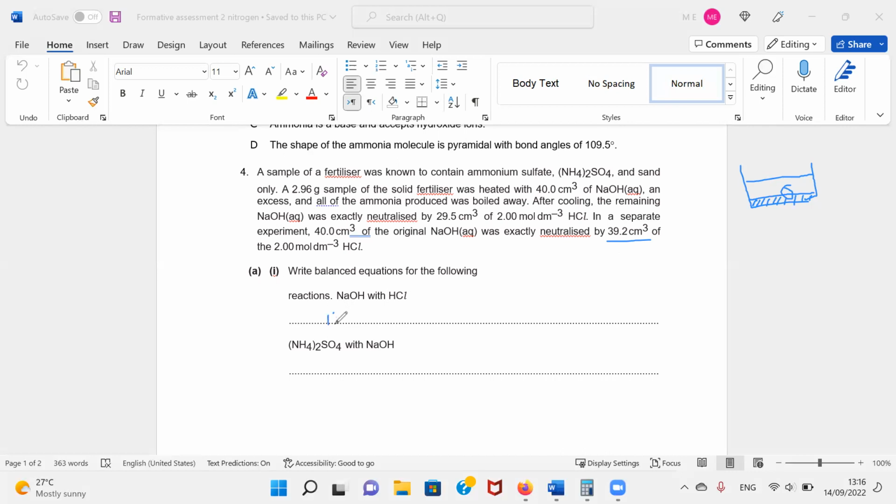This is HCl plus sodium hydroxide. It gives sodium chloride and water. So that is 1-to-1. It's a balanced equation. And now when you react these two,